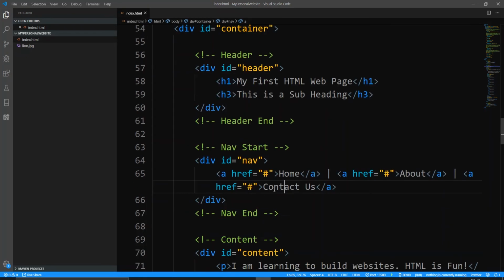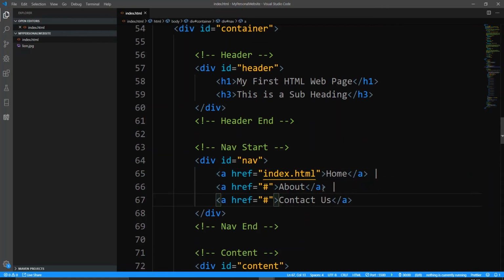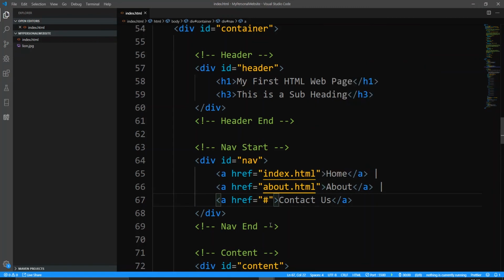So what we want to do is actually put in the contact and the about and then make our links actually alive. So let's start by making the links alive. The home should always be to index.html because that is our home page file, right? Let me just break the line so that I can keep everything looking neat. All right. So I have the anchor tag to home. I have my pipe to separate. Then I have about, so I'm going to change the about to about.html, and then the contact us to